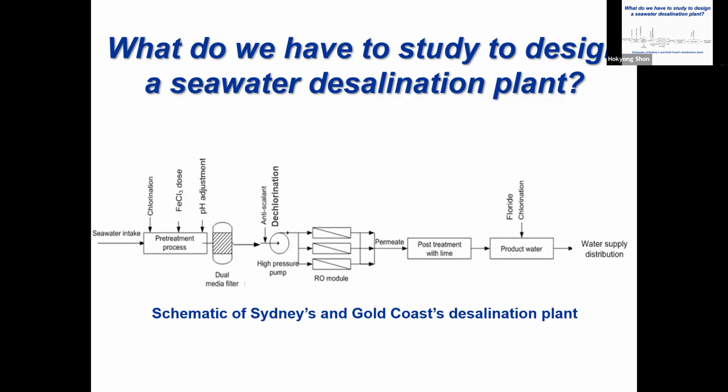After that, permeate flows to post-treatment with lime and fluoride, chlorination again, and supply it to water distribution. So this is the flow diagram. So we can discuss one by one. So how much chlorine you have to put, and ferric chloride as a coagulant removes some organics or some of the large particles,